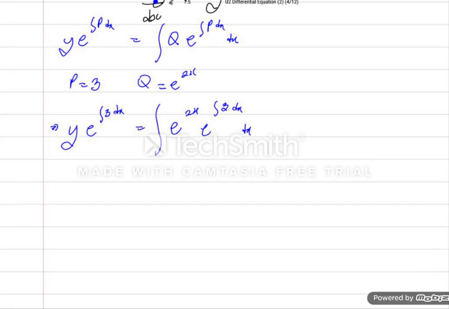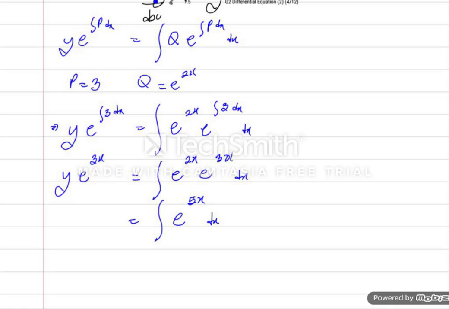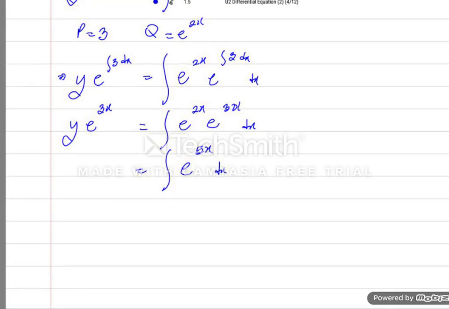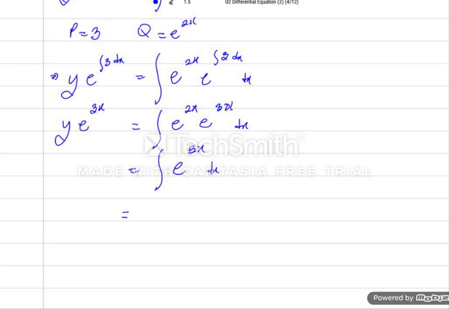So this is y e to the 3x. When you integrate 3, you get 3x, and this is e to the 2x times e to the 3x dx. This is the same as saying the integral of e to the 5x dx. If you're multiplying on the same base, you add the indices. When you integrate e to the 5x, you get back e to the 5x, then you have to divide by the differential of the inside function, which is 5, plus the constant of integration,